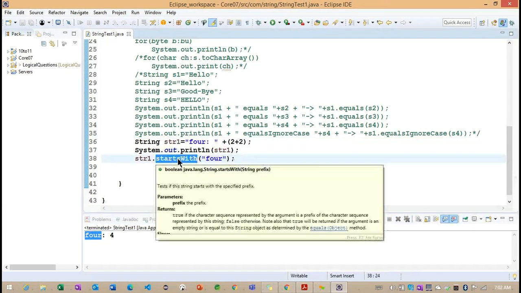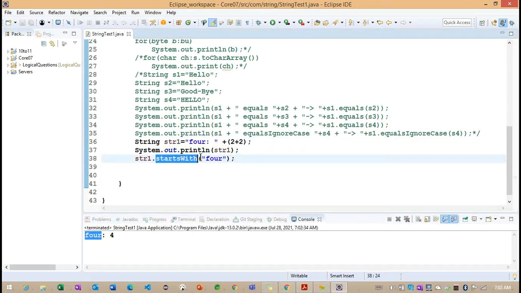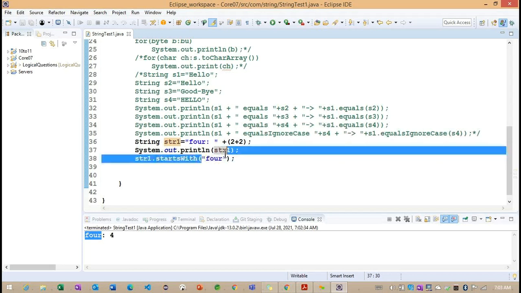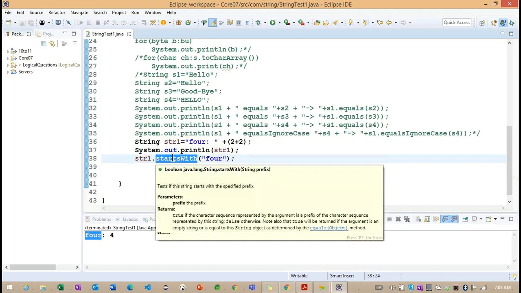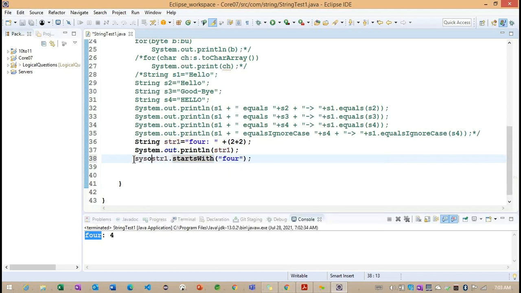With the help of the startsWith method, if I add any prefix, we can find out whether this highlighted string is starting with this string message or not. If it is starting with it, this method will return true.